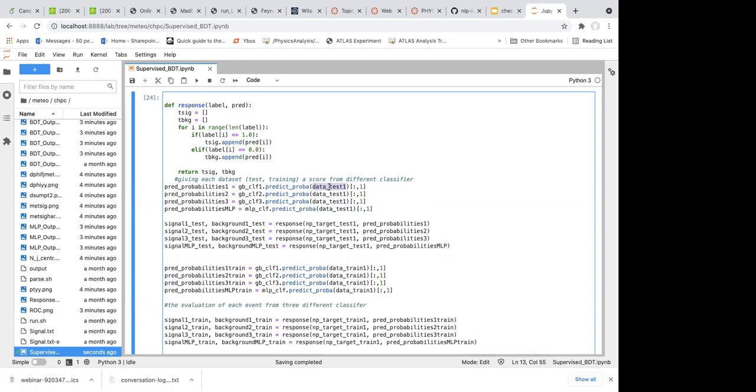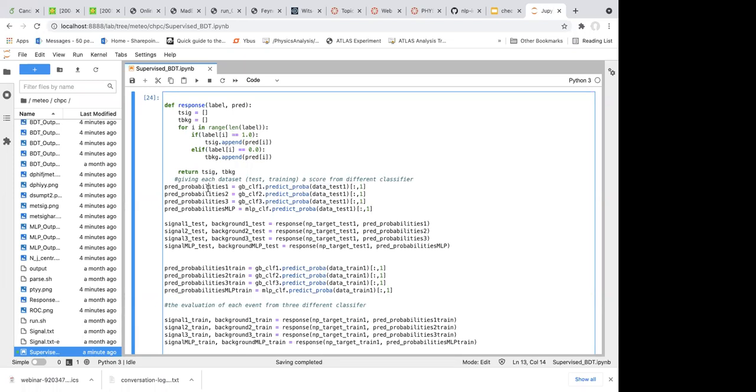For each row, each event in the test sample, the classifier will read in all of the features and calculate a score, and then label each event in the test sample with that score. Before that, the test sample has all of the features, and because we created the test sample ourselves, we know whether each event is signal or background. But the classifier will use all of the features to recalculate a score for each event. In the end, we can compare that score with our already labeled signal or background label, to see how accurate the score is.